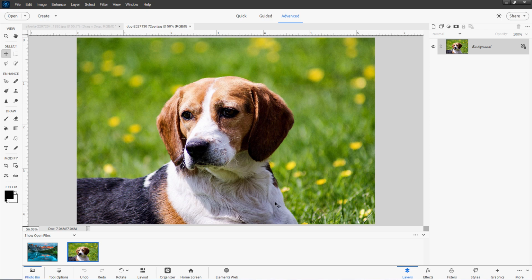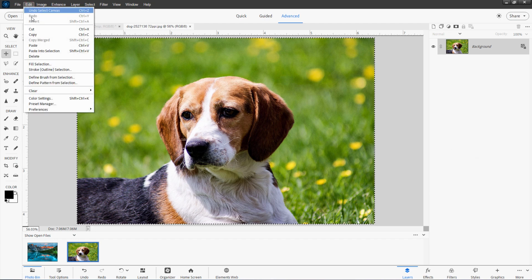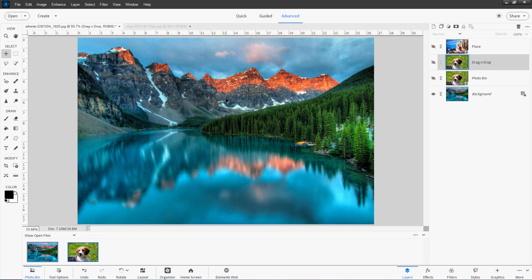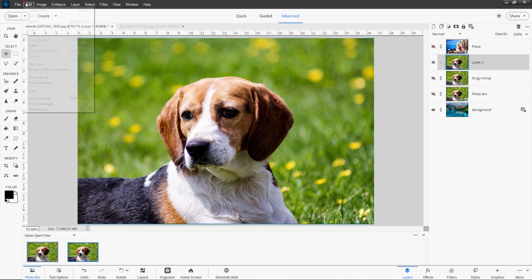I'm going to select the whole image. That's a Control-A. Notice the marching ants from the outside. The whole thing is now selected. I'm going to copy this, and that's Control-C, or you can go up here to Edit and Copy right there. Let's now go back over to this image and then Control-V for Paste, and it pastes that in, or Edit